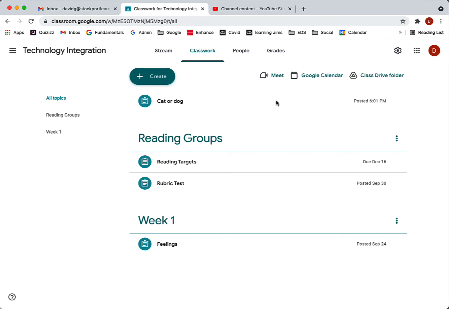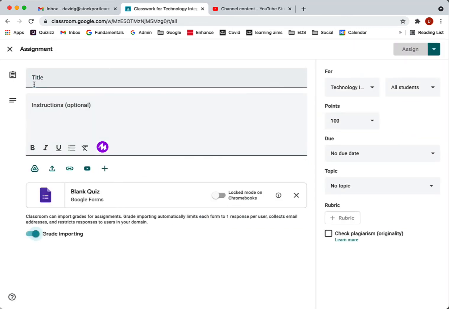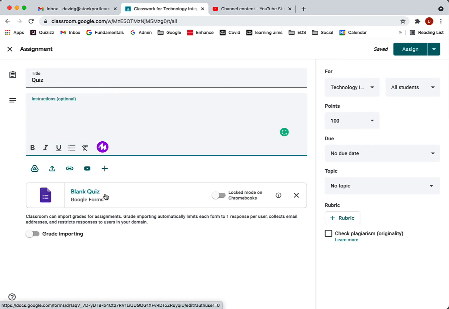Okay, back in Google Classroom, and I'm going to, as a tutor, create an assignment, and this time I'm just going to drop down to quiz assignment. So I could have done this in the first place, but I'm clicking on quiz assignment. Let's just call this, click in there, but click in the right place. Just call it quiz. So give it a title, give it some instructions there, and you'll notice this time we